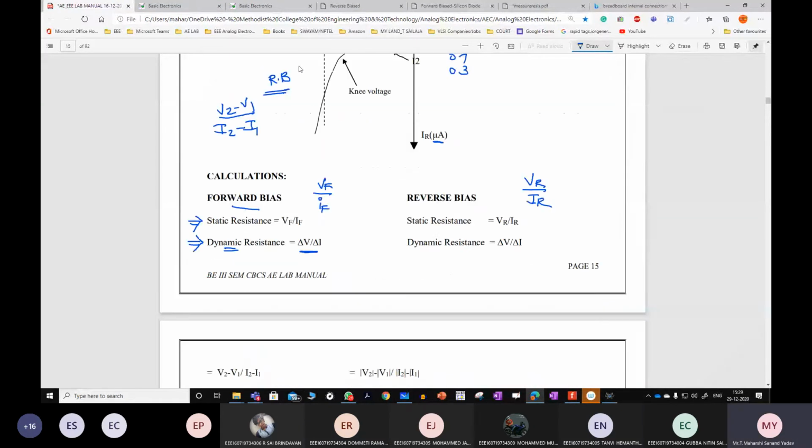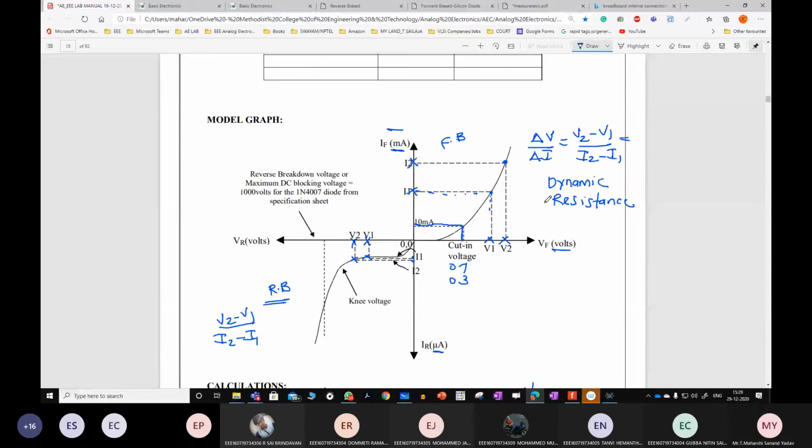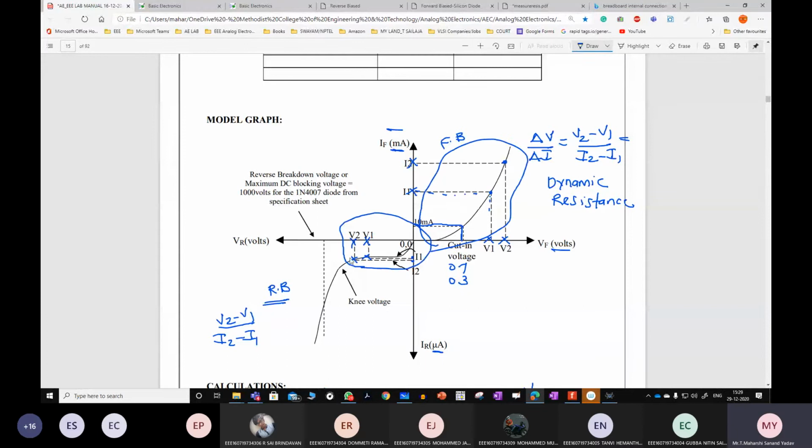See, if you observe this graph, all these characteristics are the same again. From here till here, the characteristics of the Zener diode are the same. But once this VZ point is reached, will it turn on or turn off? Yes, it will start working. So that's why the Zener diode will operate in this breakdown region, whereas the normal PN diode can't do this.